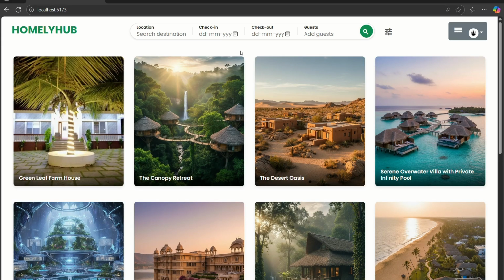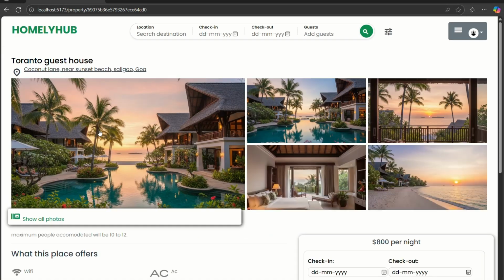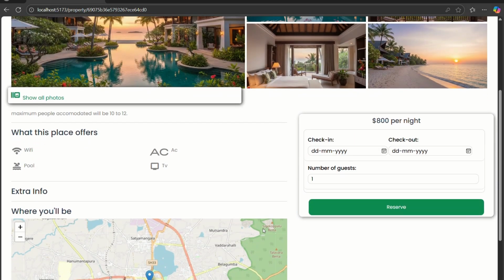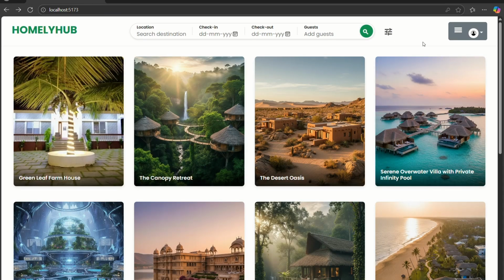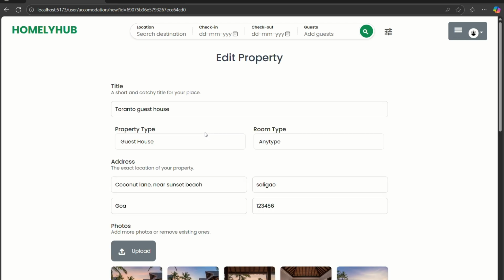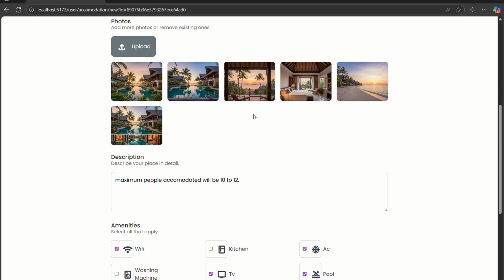One other thing I forgot to mention is that when you have added your own accommodation, you can also modify that accommodation. Here, this is your accommodation that we added into our website a few minutes back. Just go to my accommodations. Here, click on that. Here, if you want to make any address changes or any other changes,